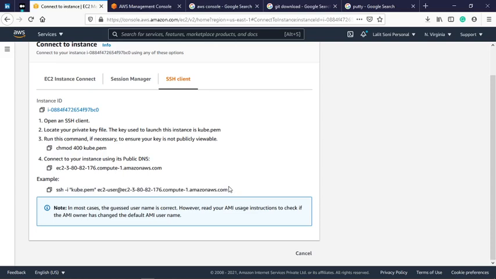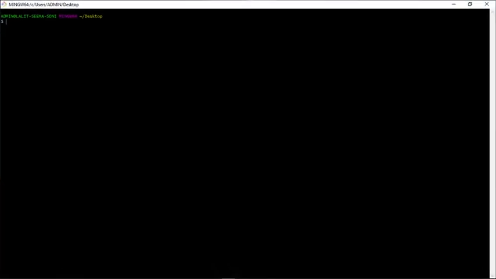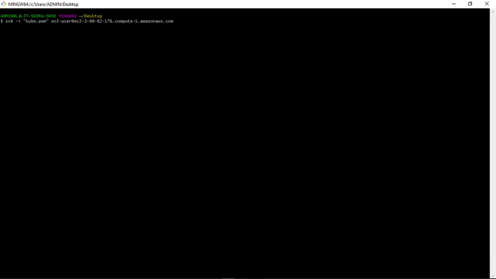Otherwise, we would have to make this command ourselves, using the SSH -i option. But if we are a very experienced person, then we can make this command. It is nothing but the name of your machine @ the IP of your machine which AWS is giving, and this is the key of your machine. So this command is pre-built. We will just copy this command, go to Git Bash, paste it and click enter.